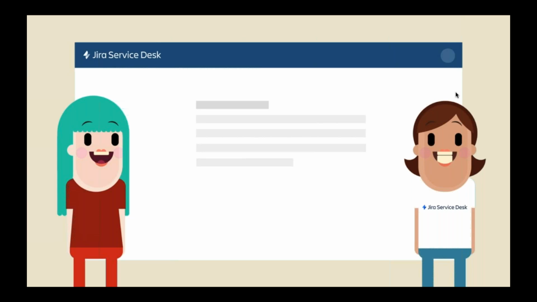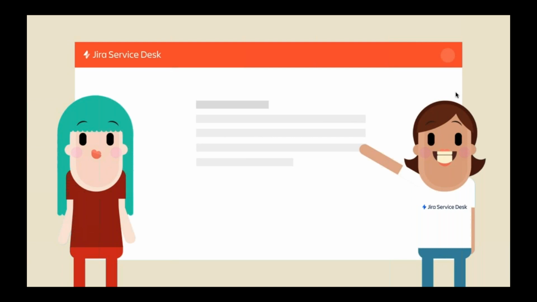What they want is to be able to make their Jira Service Desk customized and branded, and they also want to be able to extend it beyond the internal IT team. They want to get the whole company on board and using this product. So they decide that they need to do a few customizations to make that happen smoothly. And then they realize that